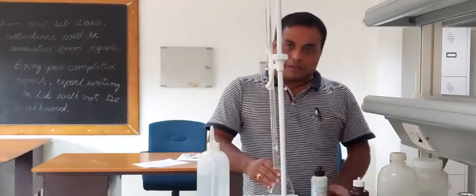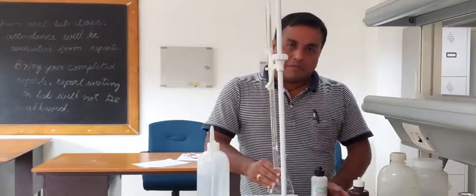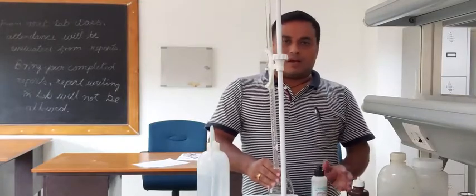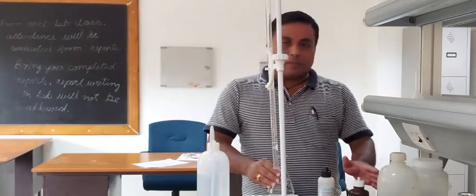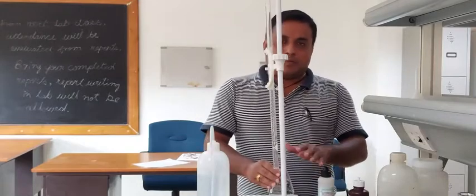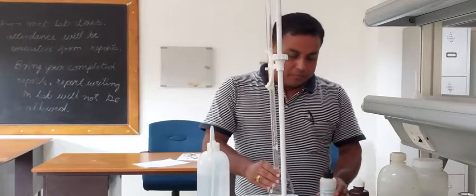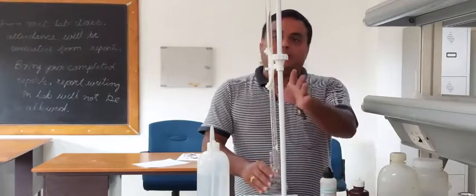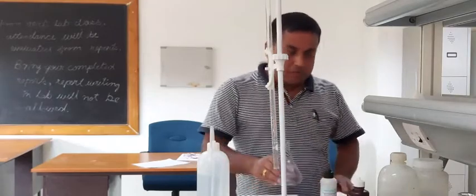That is the end point of the titration. So we are measuring here total alkalinity. Total alkalinity means hydroxide, carbonate and bicarbonate alkalinity together. The sample volume we are taking here is 50 ml. You know the normality of sulfuric acid, that is 0.02 normal, and from the burette reading you can find out the total alkalinity value from the equation.